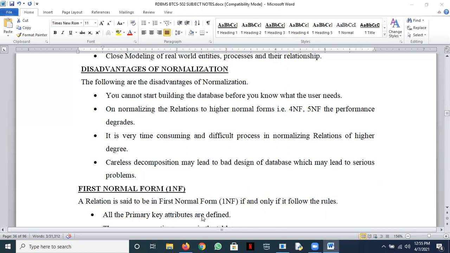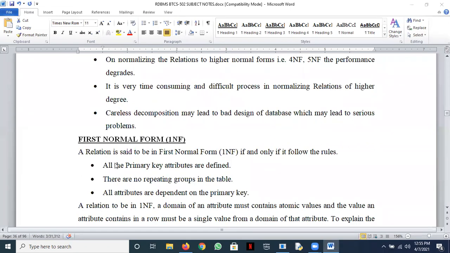A relation is said to be in 1NF if it follows these rules. Number one, all the primary key attributes are defined. That is, if a relation has a primary key attribute defined, we say it is going towards first normal form. Second, there are no repeating groups in the table. I'll discuss with you what a repeating group is.